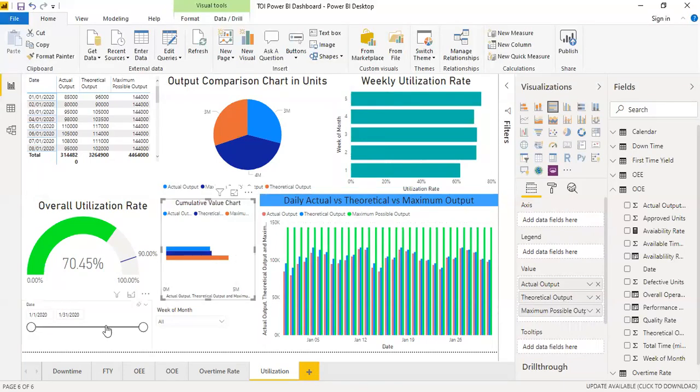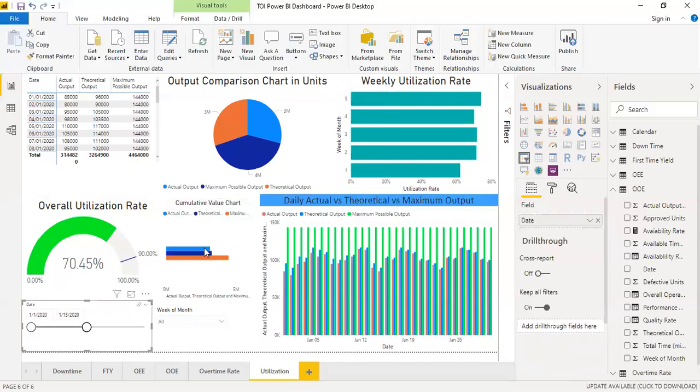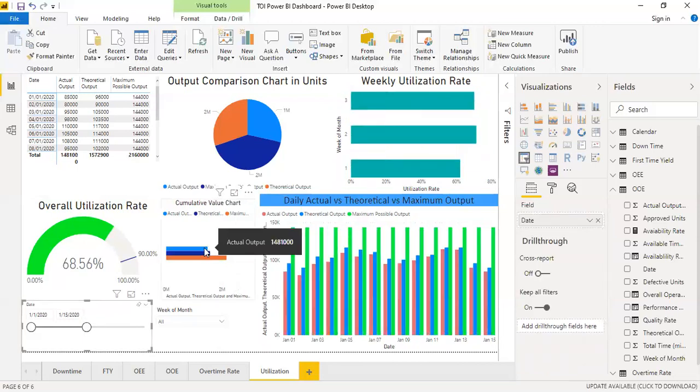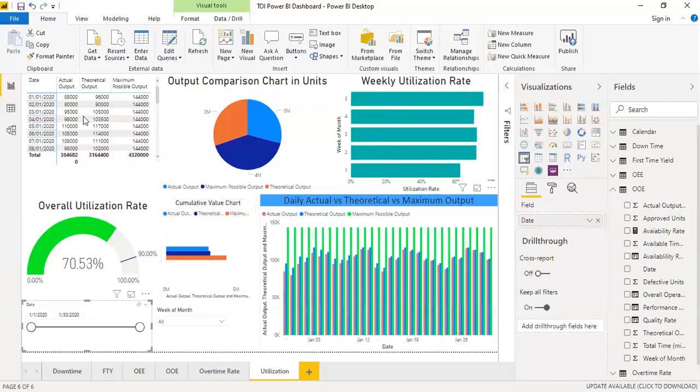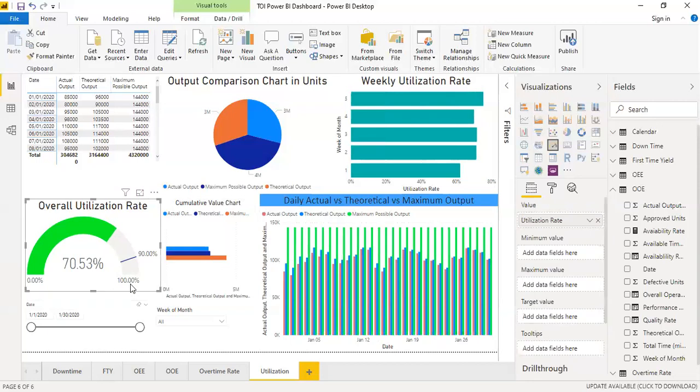जिसमें दे विल नो कि किस पर्टिकुलर टाइम से कब तक इनका आउटपुट था। लाइक 1 Jan से 15 Jan तक देयर एक्चुअल आउटपुट वाज 14,81,000 यूनिट्स। देन ये इसका थ्योरेटिकल शो कर रहा है दैट शुड बी 15,72,900 एंड देन इसके मैक्सिमम शो कर रहा है कि इट शुड बी 21,60,000। how it works and इस हिसाब से डेटा साइजिंग एंड देन दिस इज ओवरऑल यूटिलाइजेशन रेट।